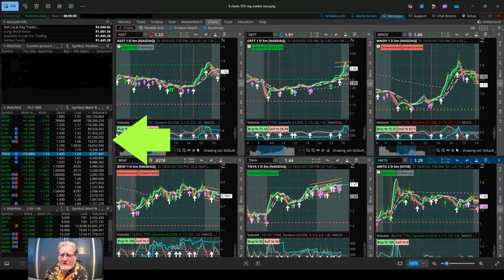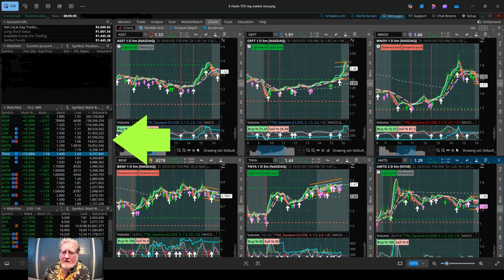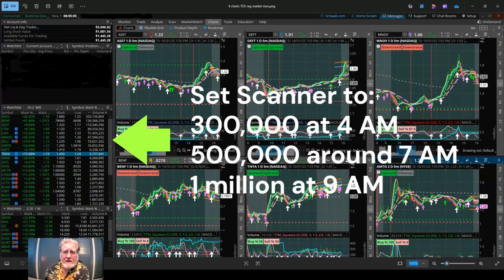Next is my scanner. That's called a watch list, but it is in fact a scanner, and this is the name of my scanner. It's a 10-cent minimum to $2 maximum. And this is set at 1 million volume minimum. Normally in pre-market I start out with about 300,000 minimum and increase my volume on my scanners as the day goes on. As more people are trading and the volume increases, I want to increase my minimum volume. So start off with about 300,000 early in the morning, and then 500,000 around 7 o'clock. And then just before opening at 9, I'll switch it to 1 million